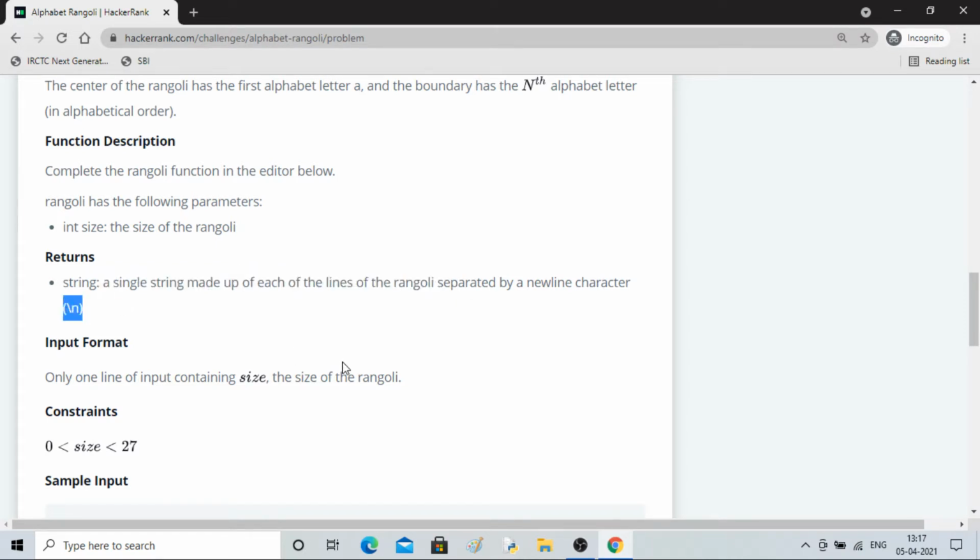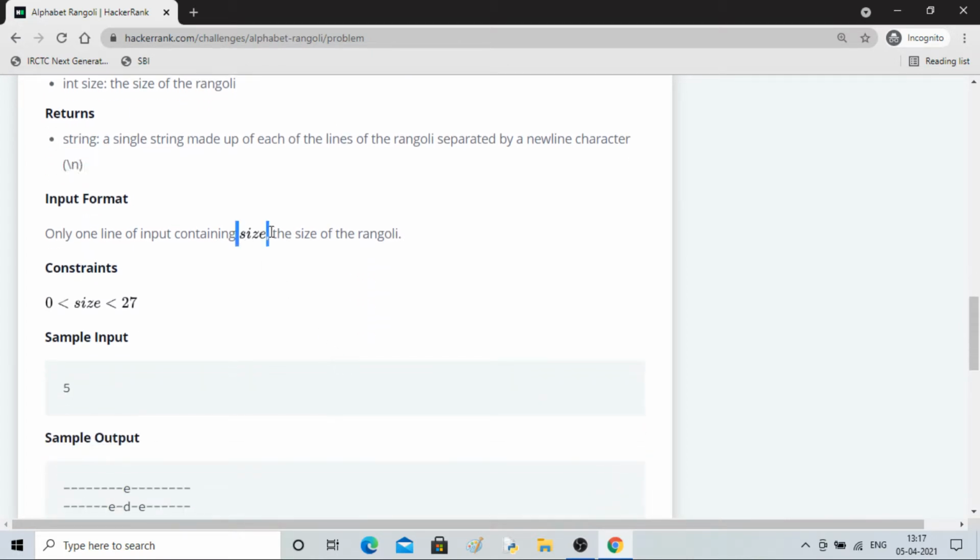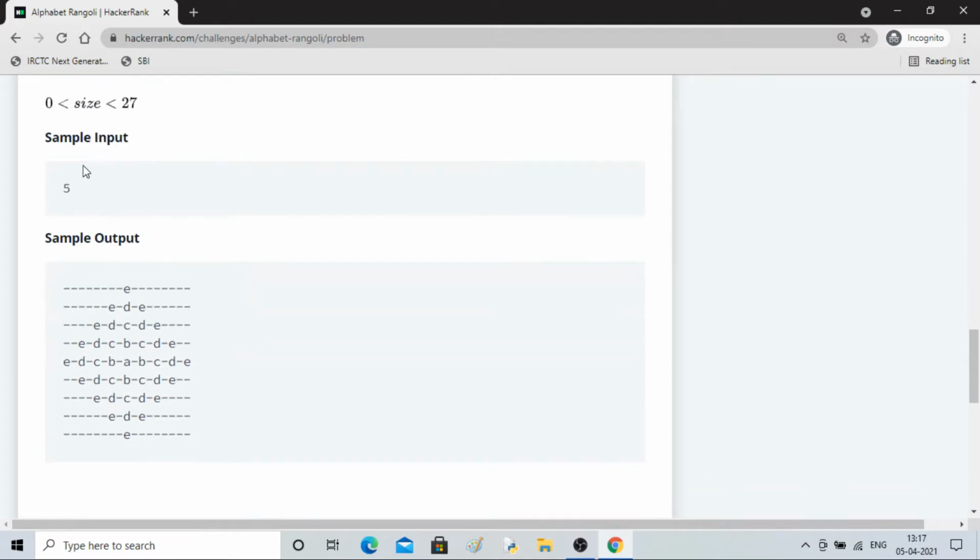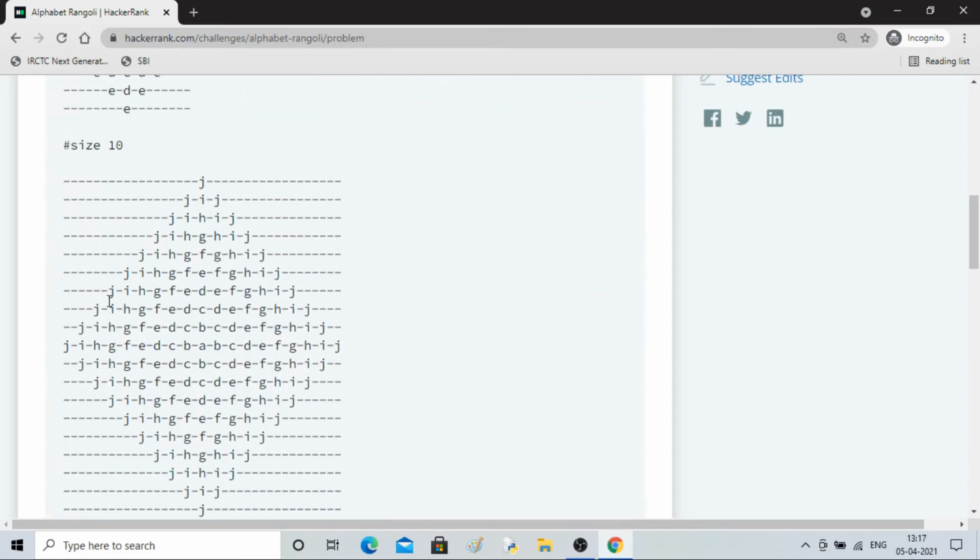Size will be between 0 and 27 because there are 26 alphabets. So let's say 5 has been given, then A, B, C, D, E we have to print in this fashion. If 10 is given, then 10 alphabets will be there, A, B, C, D, E, F, G, H, I, J.